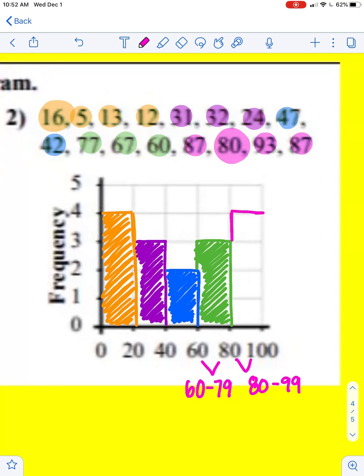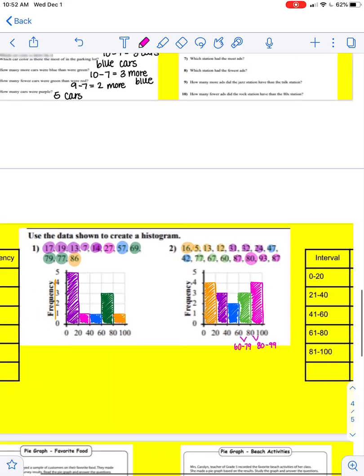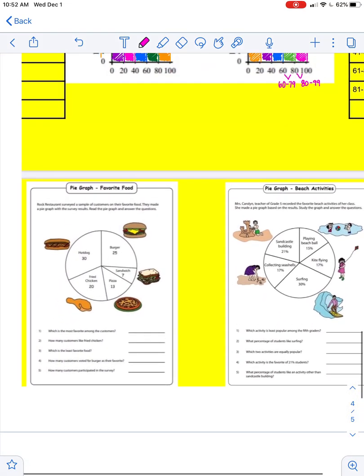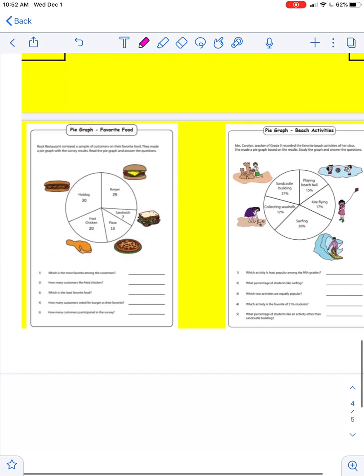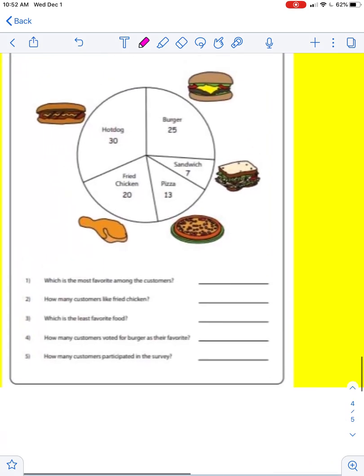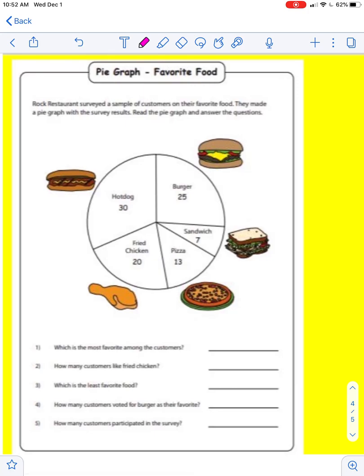So here I've got 4 numbers, so I'm going to draw a bar all the way up to 4. And then I'm going to go ahead and shade that in. Okay, so